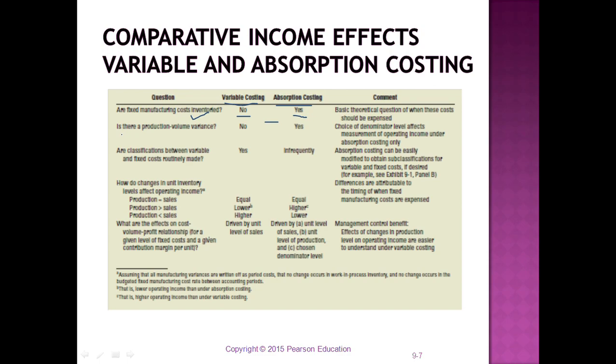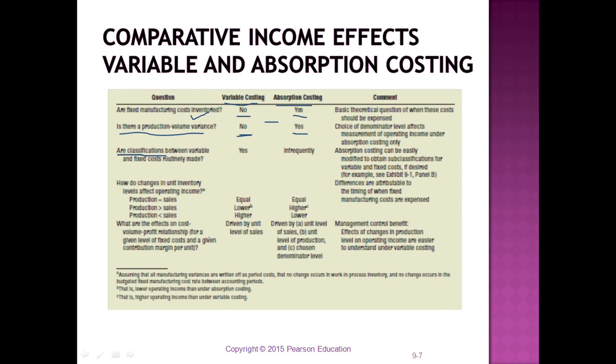The second question that we can ask to differentiate between variable costing and absorption costing is, is there a production volume variance? Definitely in the variable costing method there will not be a production volume variance because all the variable cost is considered as inventoriable cost, while in the absorption costing method there would be a production volume variance. The third question that we can